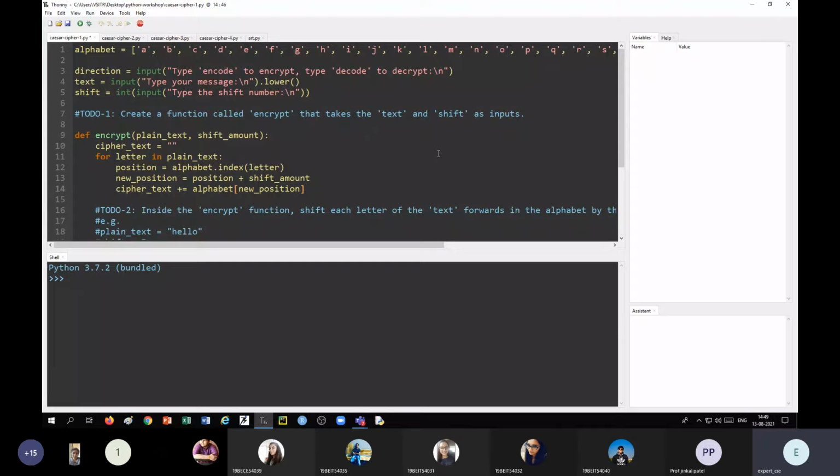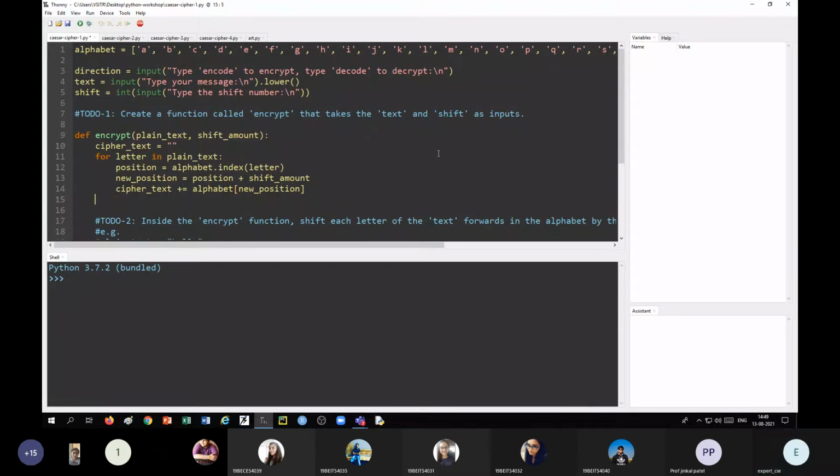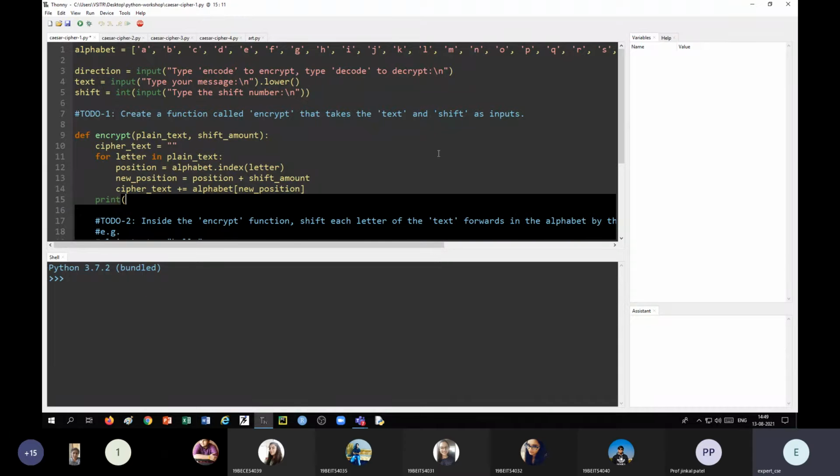Now we can print this. If we print inside the loop, it will be part of the for loop. After coming out of the loop, we want to print. So I will say print, f-string, the encrypted text is cipher_text.